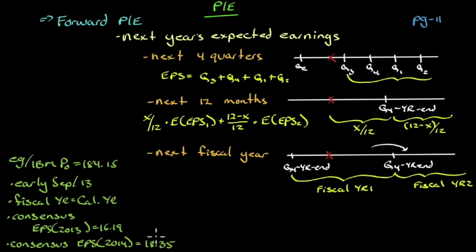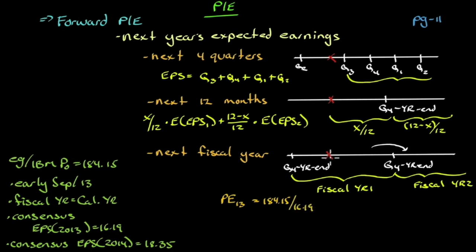Well, it depends on how you want to calculate. We're not given quarterly numbers here, but this one's too simple. I mean, this is fairly straightforward. The next 4 quarters, right? These two get a little bit tricky, so let's do that one. We'll start with this one down here. So let's say that we were calculating the price earnings ratio for 2013. That is the current fiscal year. It would be 184.15 divided by the consensus earnings for 2013, which is